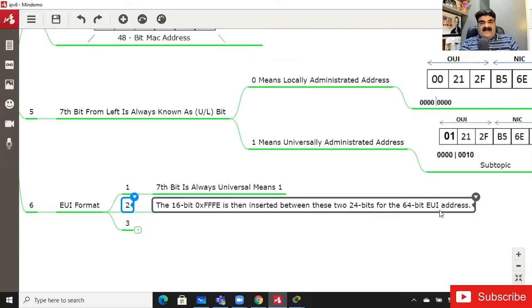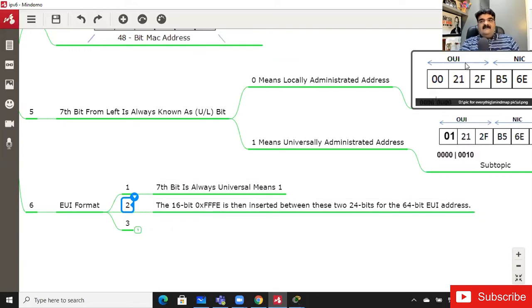So you have to add FFFE, this is a 16-bit value, in between the OUI and the NIC. Okay, so you have to add it over here. The process is simple. You have to convert the 7th bit from 0 to 1, so your address goes from a locally administered address to a universally administered address, and then you have to add FFFE